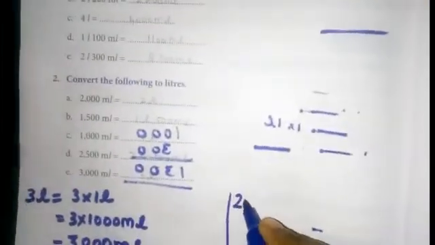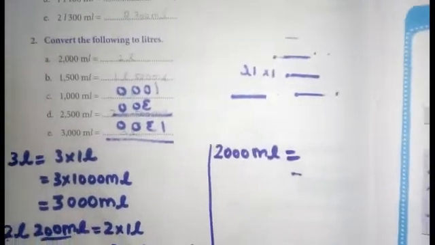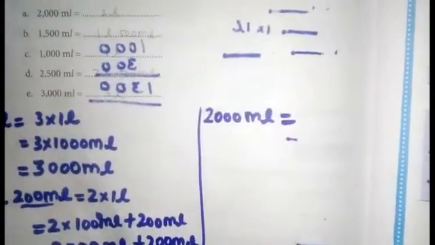Yes. So again, C, D, E and all you have to do as homework in the practice work note. Okay. So it is very easy. So you have to do C, D, E as homework. Okay. For practice work note you have to do. The next one, convert the following into liters. The same model. See here, 2000 milliliters is given, right? 2000 milliliter you have to convert into liter.